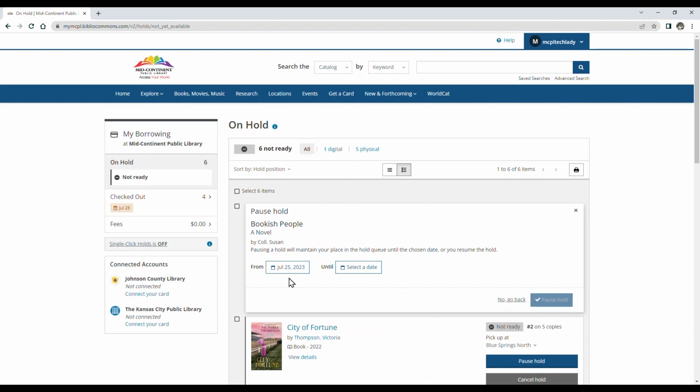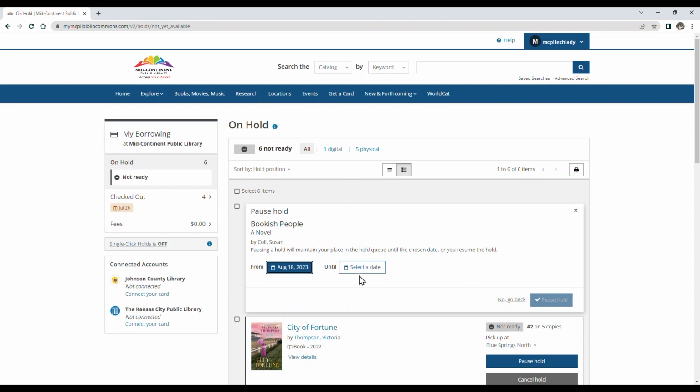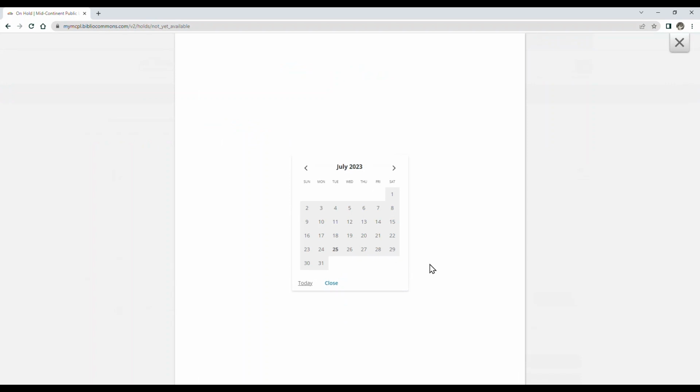But let's say I'm going on vacation and I just want to make sure that my title doesn't come in while I'm gone. I can click that start date and then choose a different start date from the calendar that appears. And then next, I'm going to need to choose an end date. So when I click the Select a Date button, I do get a calendar just like I did for the start date. So I'll choose my end date,